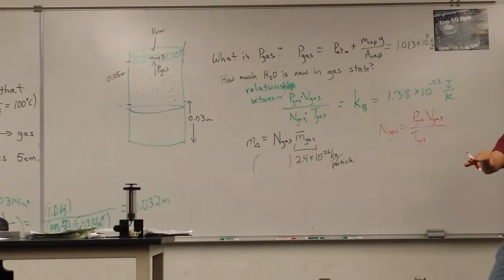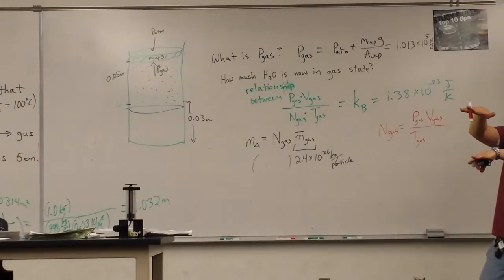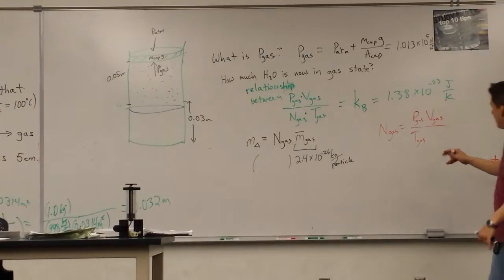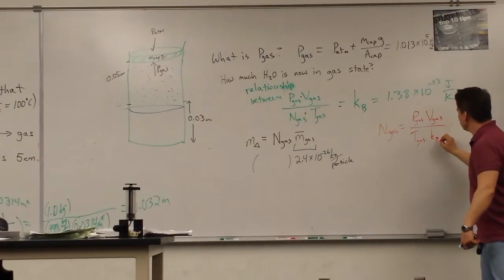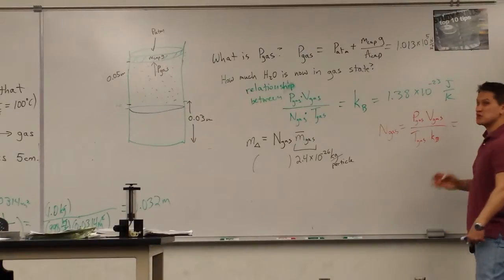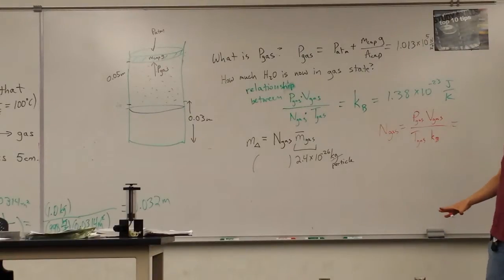The surface of the water is 100, so there's no reason for it to get any hotter other than the pressure changes that affect the critical temperature, and we're not going to worry about that because there's not enough to matter here. Okay? Times the Boltzmann constant. This will tell us numerically how much we have. Well, the pressure of the gas is about 1.13 times 10 to the 5th Pascal, or newtons per square meter.